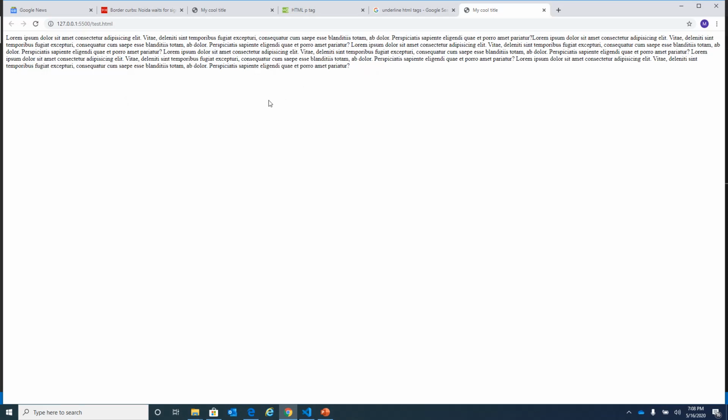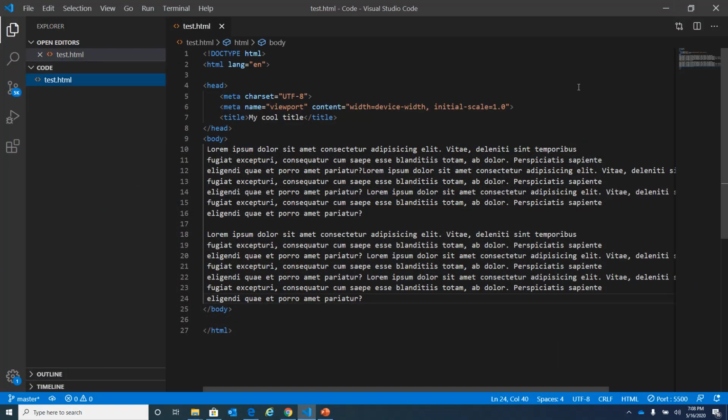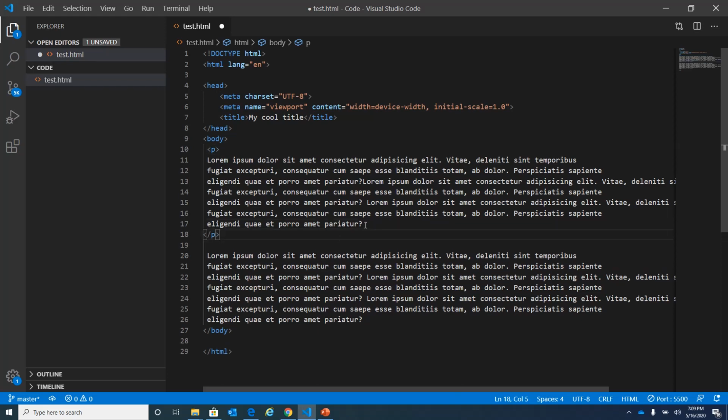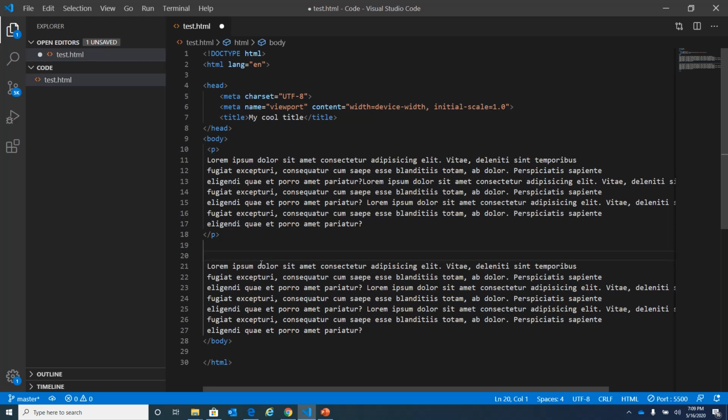Okay, so it's not very good or very easy to understand, it's very clumsy text appearing. So in order to segregate the content, we should use paragraph tag. So as I mentioned in the slide, the tag for paragraph is p. So I will include a paragraph tag, and until this point I will enclose it into paragraph tag. From this point till this point, this is a part of paragraph, and again paragraph tag, and finally closing tag.